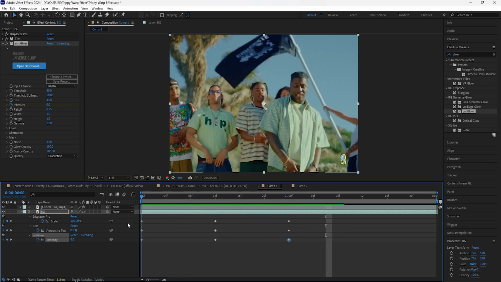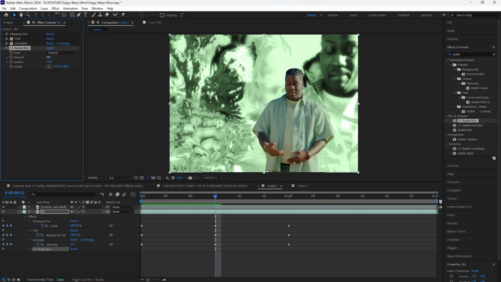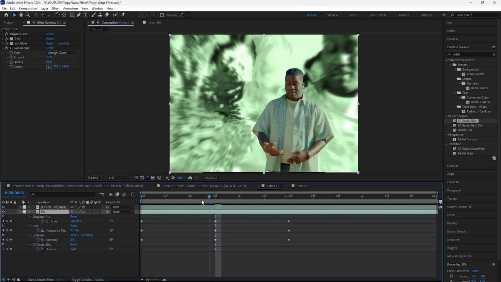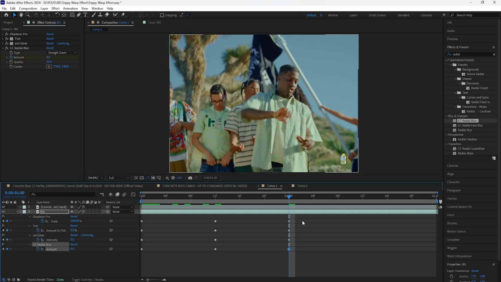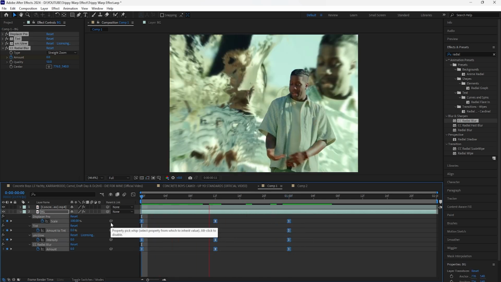The final effect we're going to add is a CC radial blur, and with this effect, it just adds more blur to our animation. Change the type to straight zoom and increase the amount. I'll increase that to 12, keyframe that, and then of course we want to keyframe the beginning as well as the end at 0. Make sure to easy ease all of these keyframes,